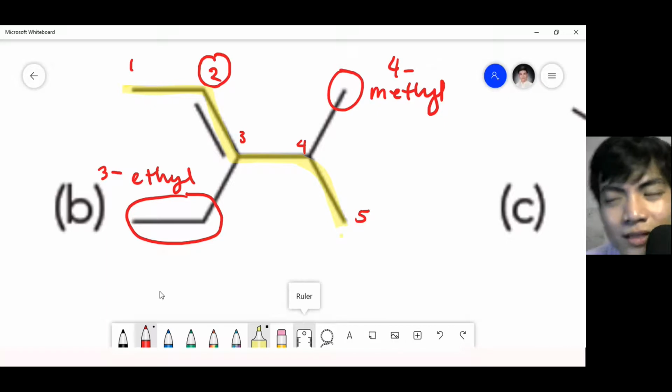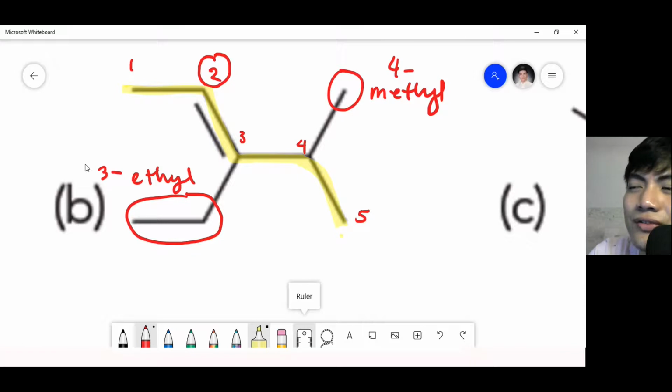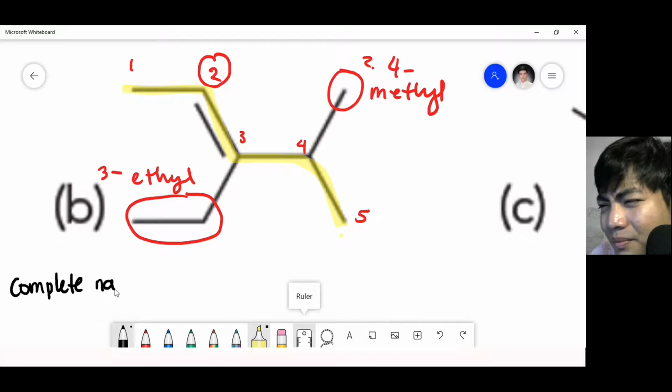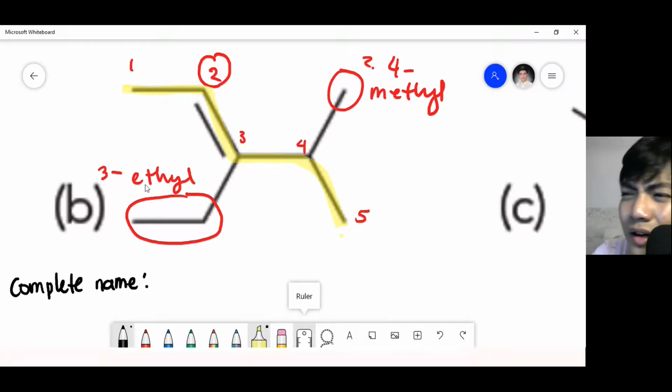It's just the alphabet song. A, B, C, D, E. Okay? So you first write the ethyl followed by the methyl. Okay? Because E comes first in the alphabet followed by the M. Okay? So the complete name will be ethyl muna, followed by the methyl,